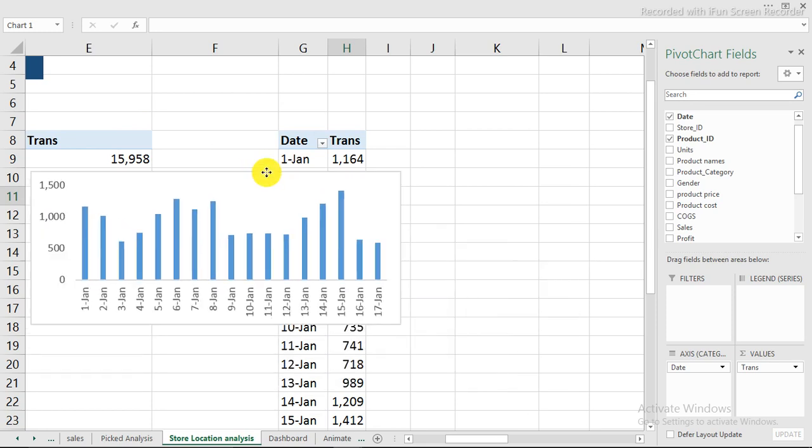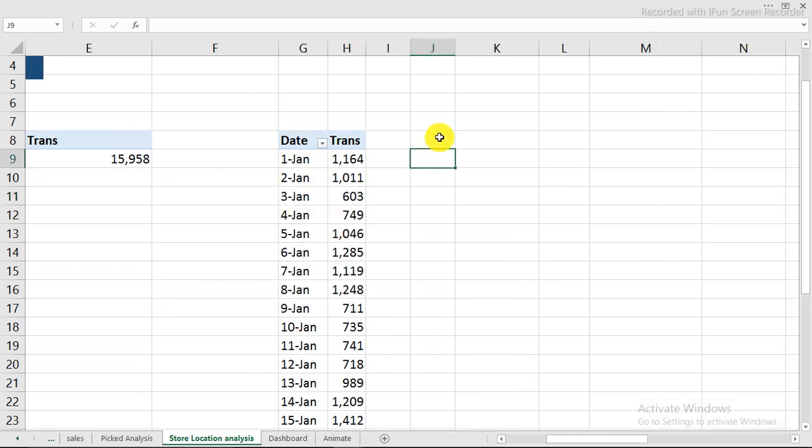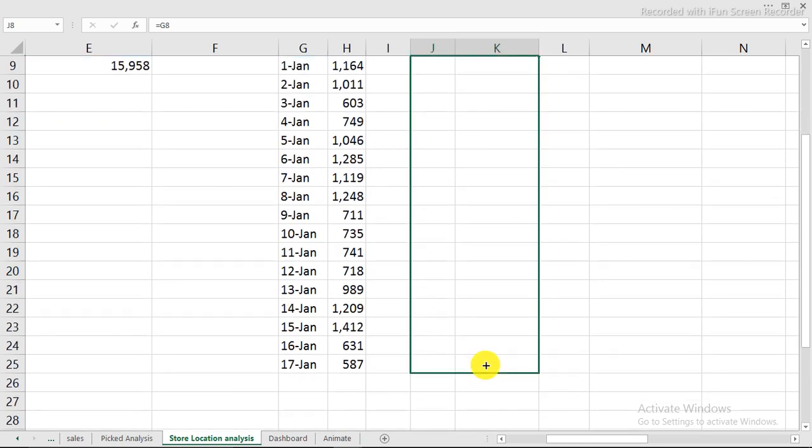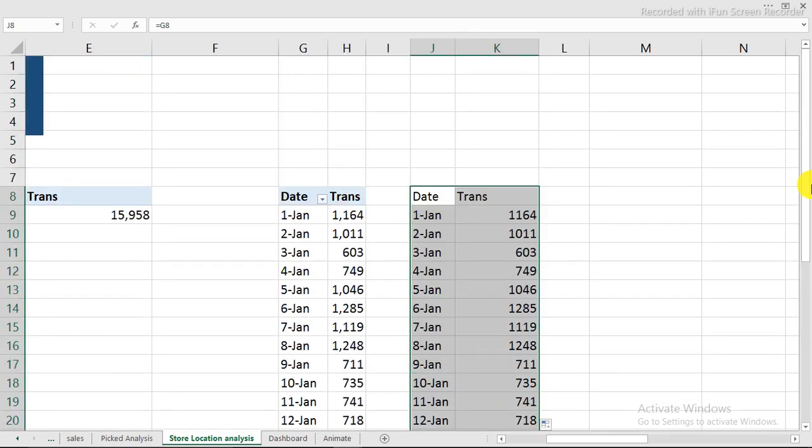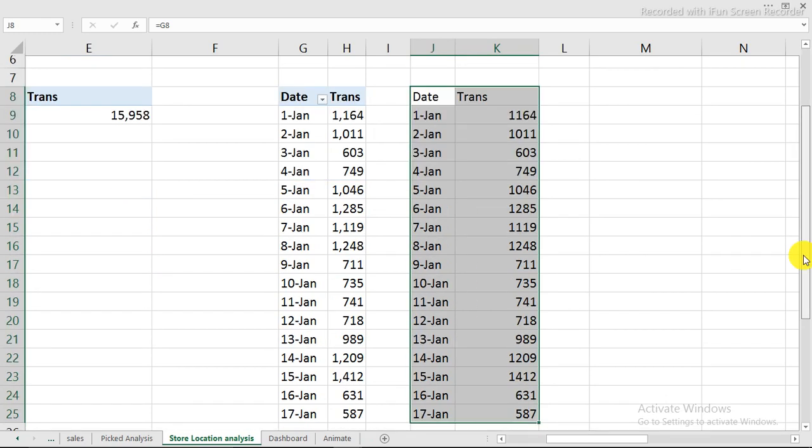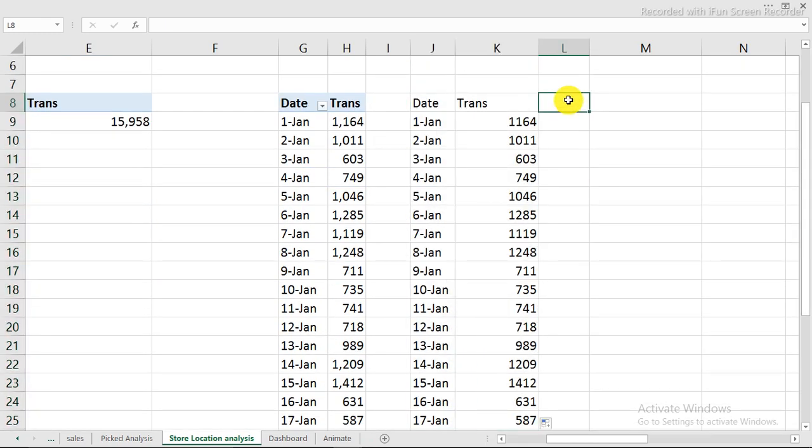I want to make it much more dynamic than this and show where we have the highest value, right? So for that, I'm going to have this deleted, and I'm going to go right here and make a reference to this particular part and drag it to this end. After dragging it to this end, I'm just going to copy it down, and here we have it. So what are we looking for? We're looking for where we have the max value, right? So to do that, I'm going to type in here